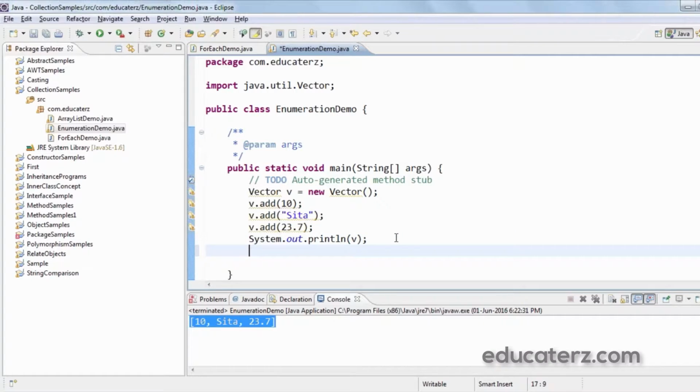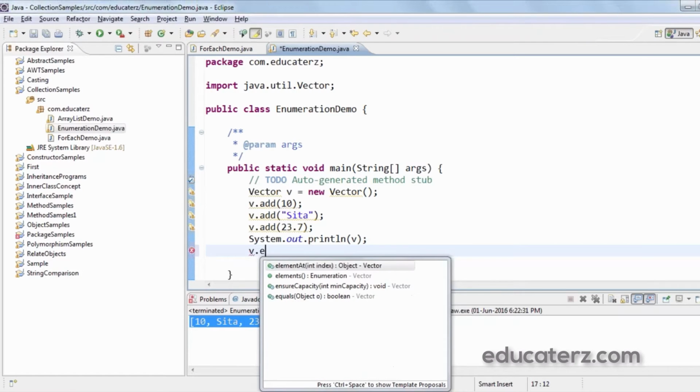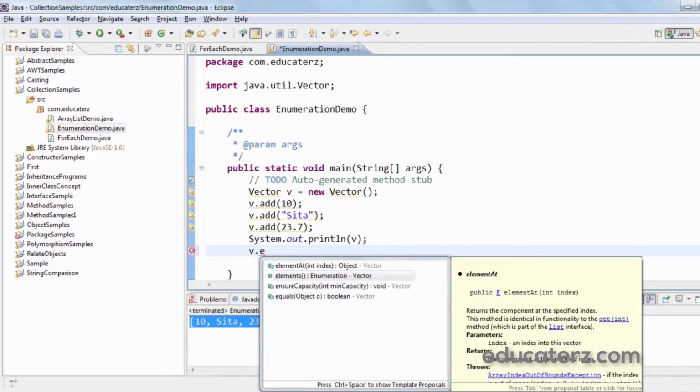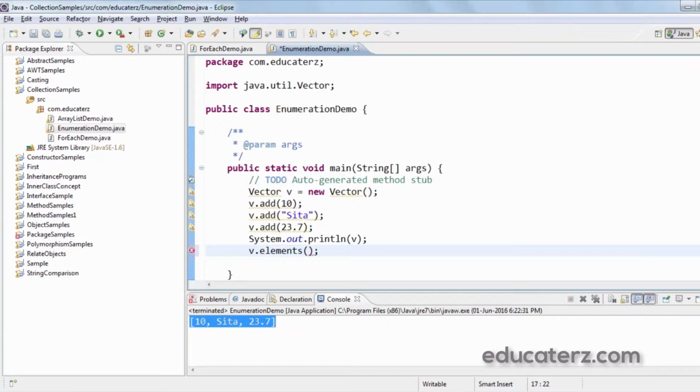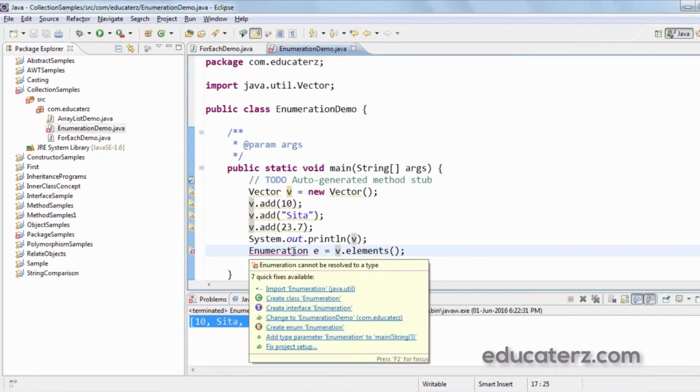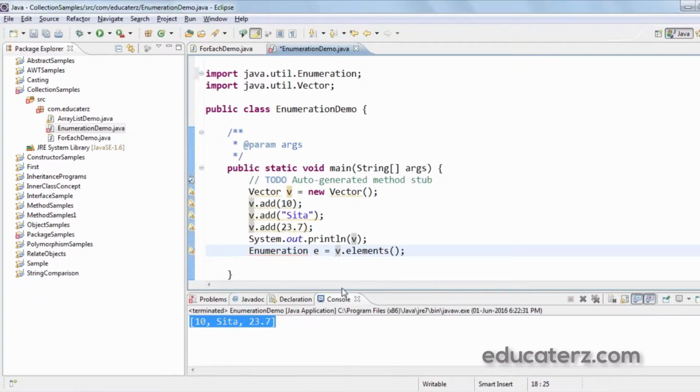For that, to create an Enumeration object, I would use the elements method on the Vector object, that is v.elements, which would give an Enumeration interface. Since it is returning an Enumeration interface, I would capture it in Enumeration e equals v.elements. So import the package java.util. Now I would traverse through the